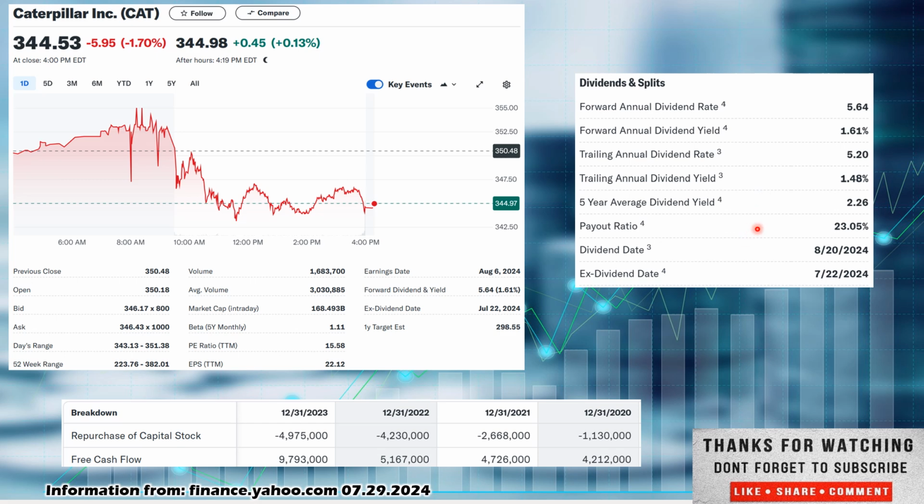Payout ratio is 23.05%, so a lot of room to continue growing that dividend, paying down debt, making acquisitions, all the things that companies do with free cash flow. And since we're speaking of free cash flow, we're going to jump down here and look at free cash flow. We want growing free cash flow over time. Typically, if a company has growing free cash flow, they grow their dividend along with it. 2020 here, they were at $4.2 billion in free cash flow. 2021, jump up to 4.7, 2022 a bigger jump up to 5.1, and a big jump in 2023 up to